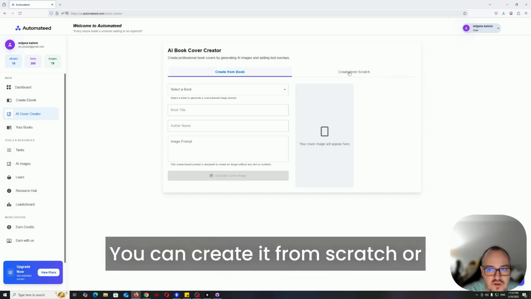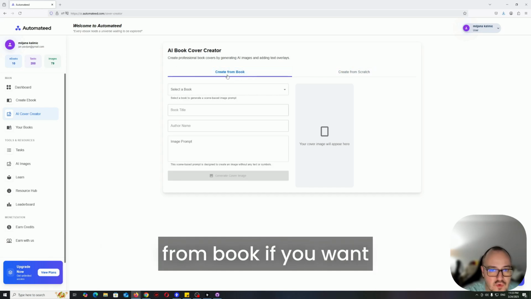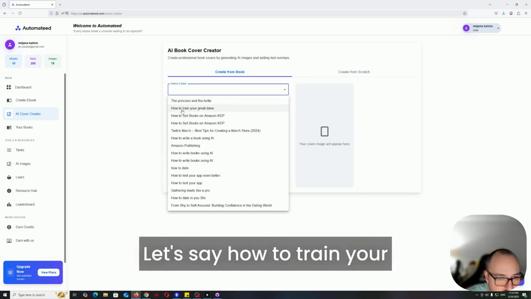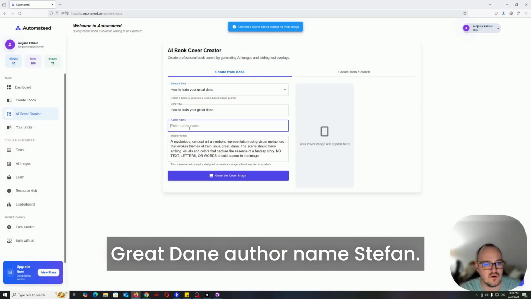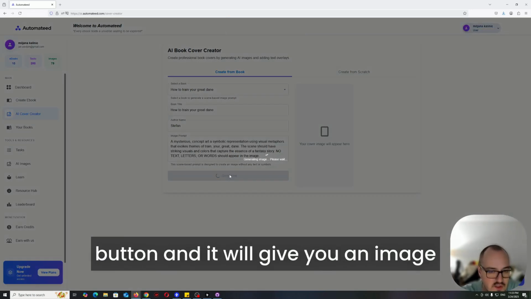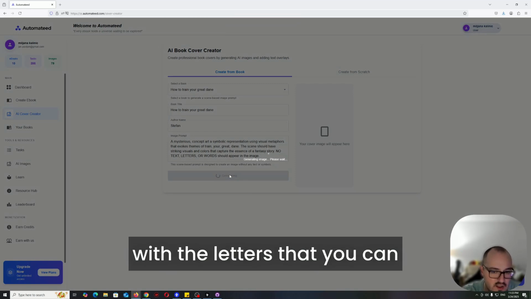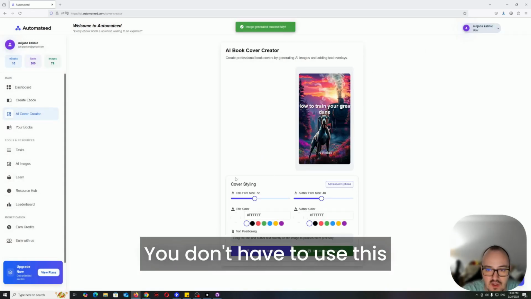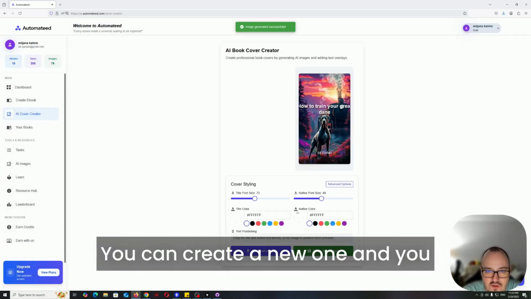Two options: you can create it from scratch or from book. If you want to connect it directly to your book, let's say How to Train Your Great Dane, author name Stefan, you just click on the generate button and it will give you an image with the letters that you can accept, save, or decline. You don't have to use this one. If you don't want, you can create a new one,